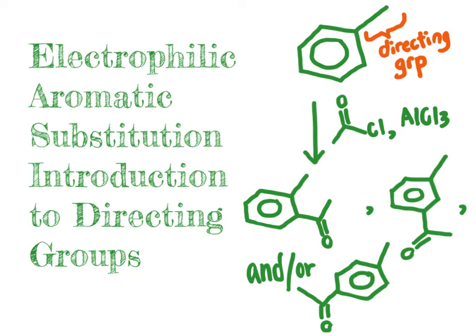to the aromatic ring. And so in this example that I'm showing here, we start with toluene as one random compound, one random example of a substituted benzene ring. We're doing a Friedel-Crafts acylation reaction. We recognize this Friedel-Crafts acylation from our earlier videos because we have a mixture of aluminum chloride catalyst with our